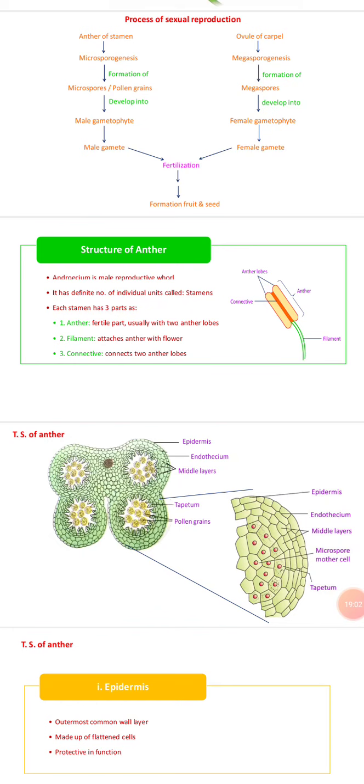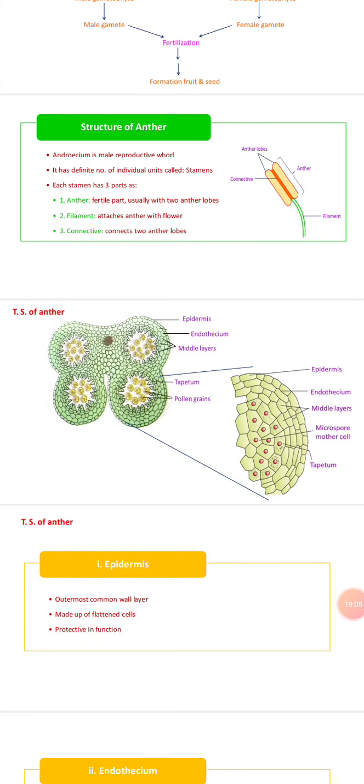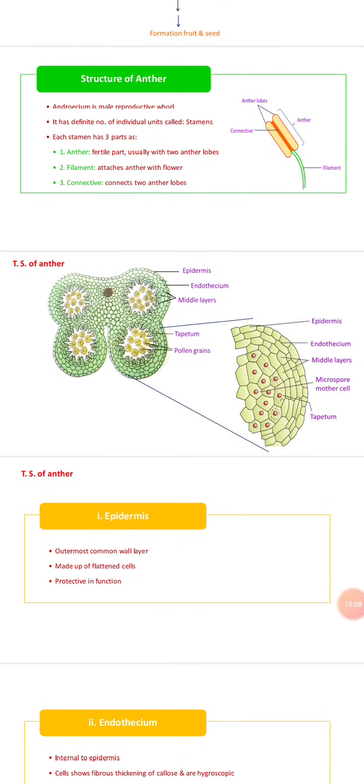Let us see about the structure of the anther. The anther is the male reproductive floral whorl. It is the essential floral whorl, as we have seen regarding its parts. The cap-like structure is the anther, and the stalk-like portion is the filament. Anther plus filament forms the androecium, which is the essential floral whorl. The anther is the fertile part, and there the four different chambers are present. In each and every chamber the microsporogenesis process is conducted, and by that process the microspores or pollen grains are formed.